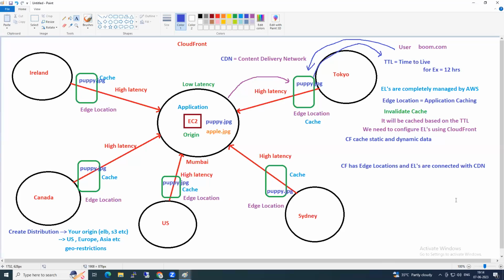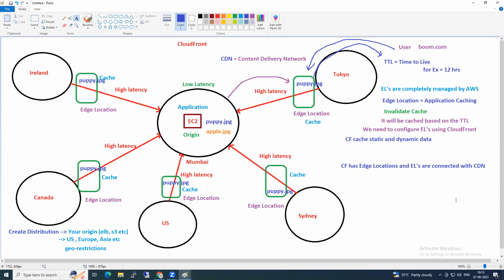I hit boom.com. When I hit boom.com, which is the first service in AWS that will be hit? Route53, because the mappings are there, no? First it will hit Route53. In Route53, the mappings will be there. Your ELB, so boom.com will know the load balancer, no? The load balancer has the nasty URL. So Route53 has this mapping.